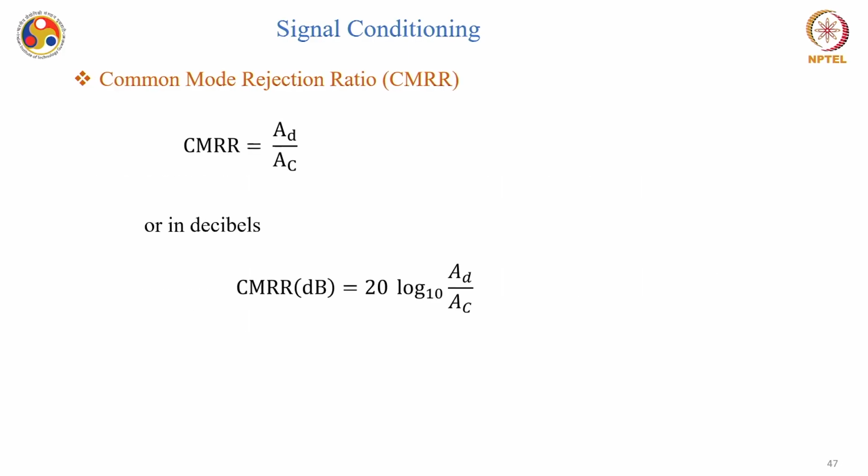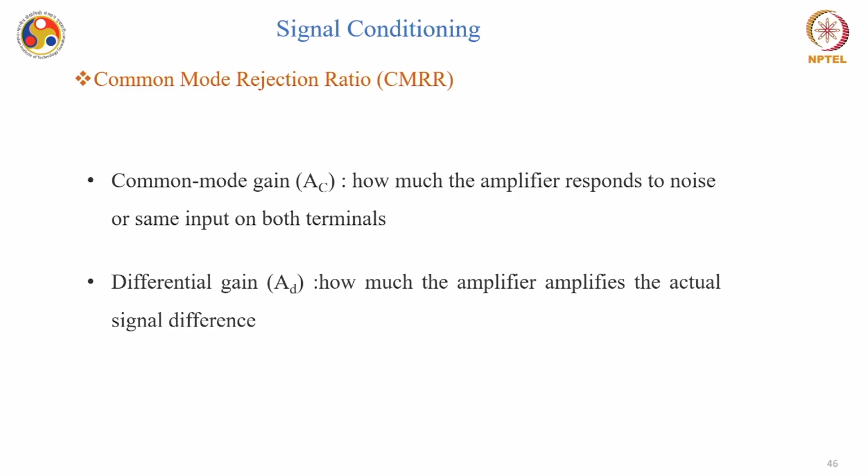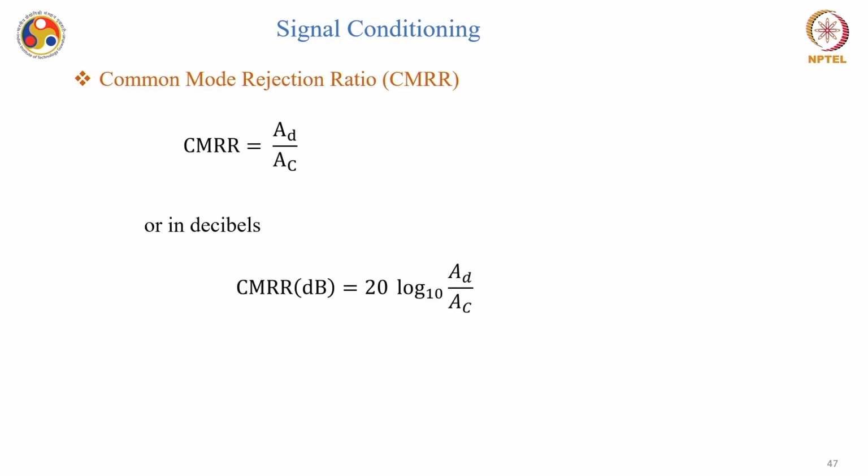Of course we are more interested in AD. But the important concept I wanted to mention is the CMRR, or common mode rejection ratio, which is the ratio of AD to AC, the ratio of the differential gain to the common mode gain. So you want the differential gain to be as large as possible, and the common mode gain should be minimized. CMRR is mostly represented in dB, and CMRR is equal to 20 log 10 of AD